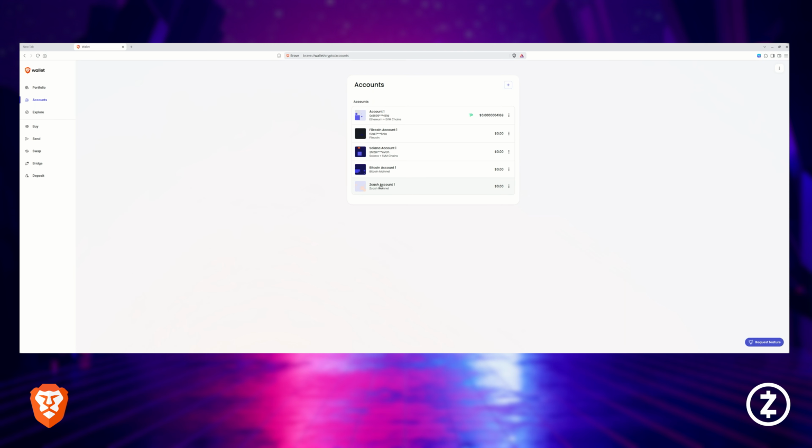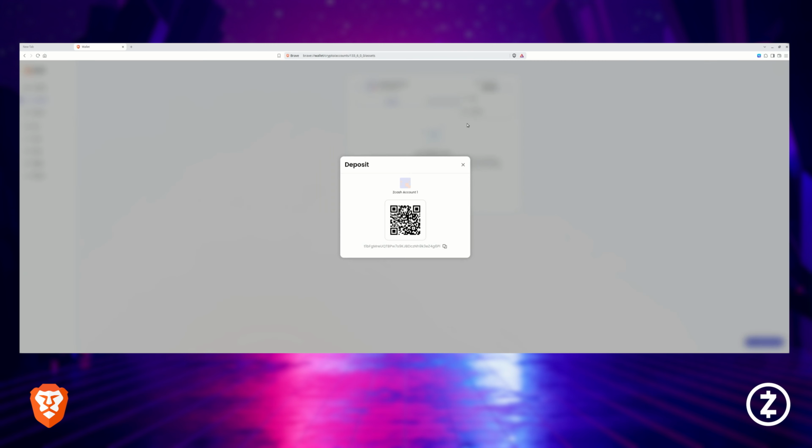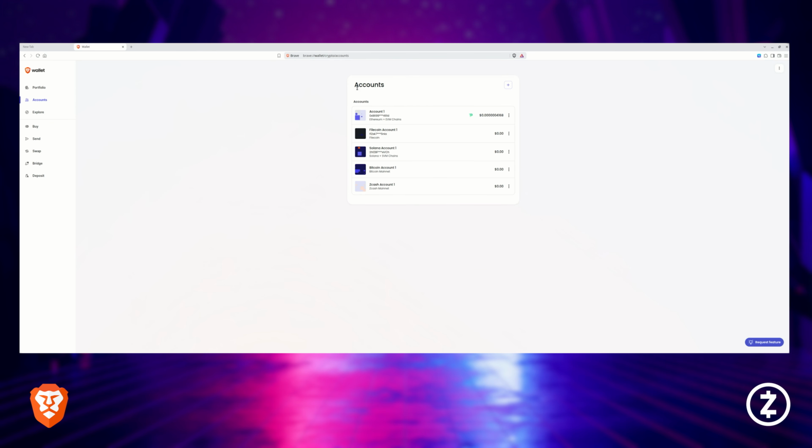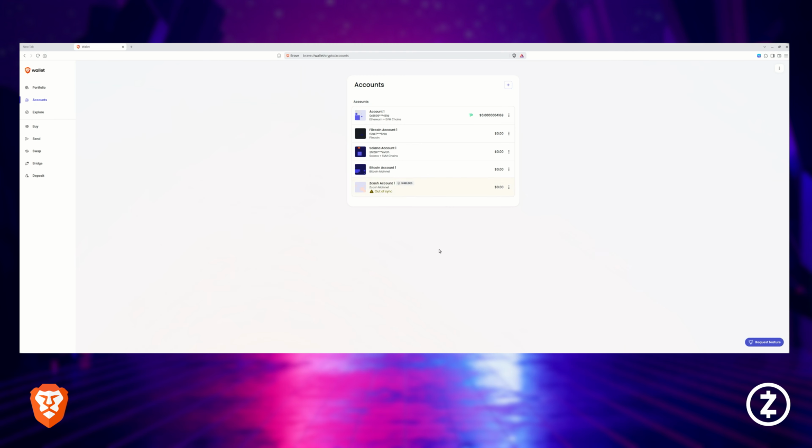The first thing to notice is that this is transparent. It's not what we want. So to go to the next step, you're going to need to click on these 3 dots on the side of the account, and we're going to switch to shielded. So we're going to shield the account, and now when you go into it,